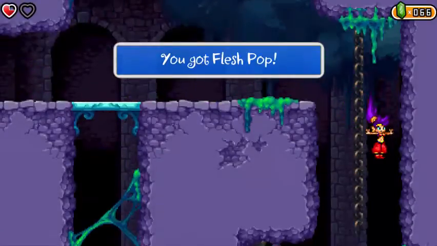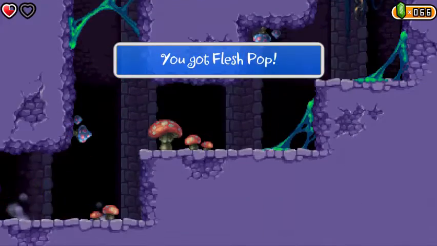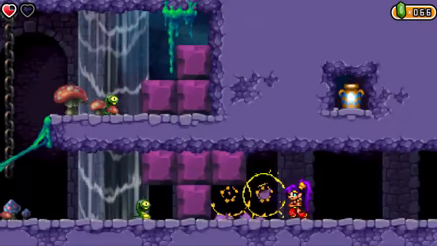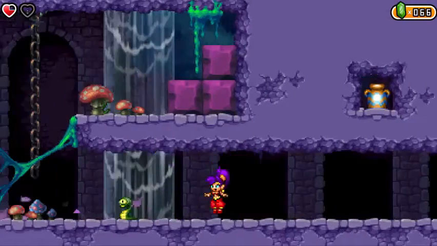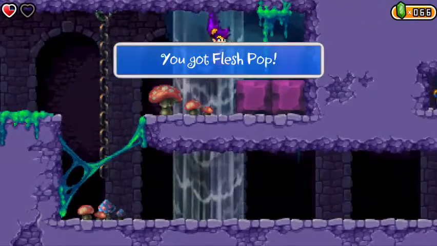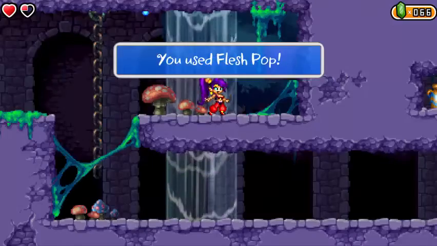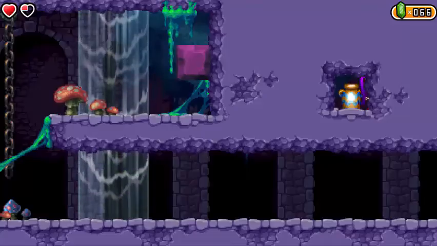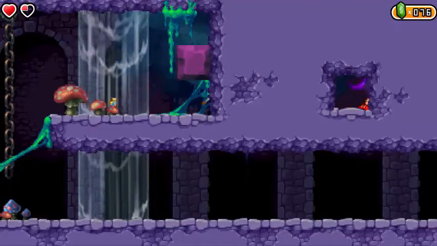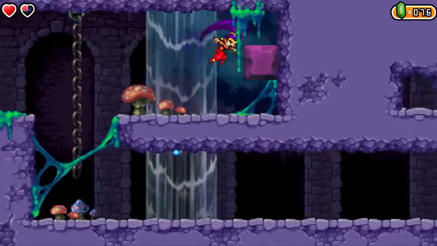There is the second of our 3 flesh pops, and there is the third of our 3 flesh pops, and this is why I say, you will never ever need to grind for items, because they just drop like crazy out of every enemy. Look, there's another one. We got a flesh pop. We could even eat that one for ourselves, just to recover a little bit of health, because we were getting a little bit low, even though I didn't really need it. But it's just to prove my point that we can do it and feel good about it, because we're probably